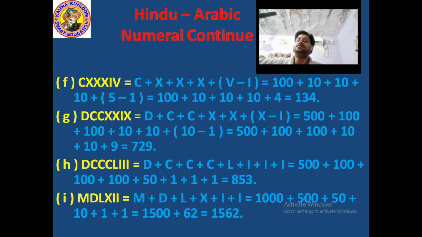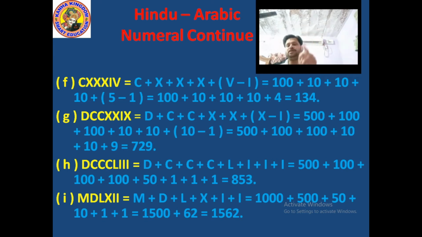So first you see whether all the letters are in descending order, starting from the greatest number and moving to the smallest. Let's check. The first letter is D, and D is greater than C, and C equals C, and C is greater than X, and X equals X, and X is greater than I, and I is greater than X? No, I is not greater. Again, the last part. So what do you have to do?